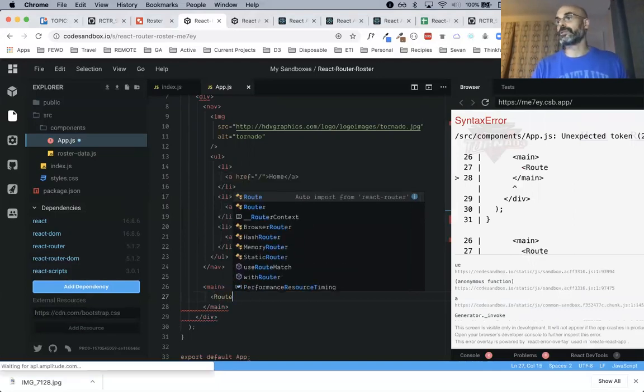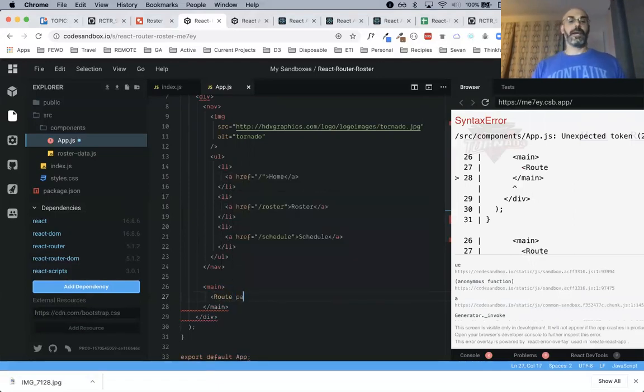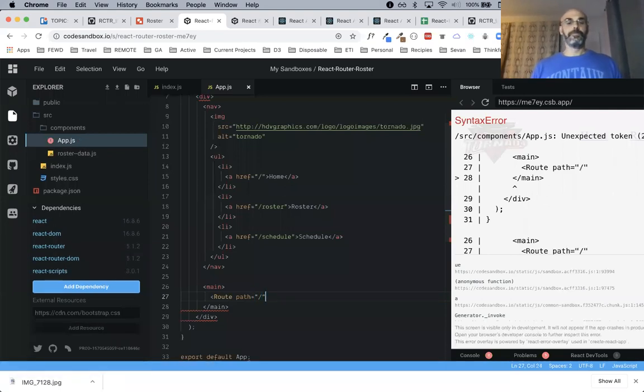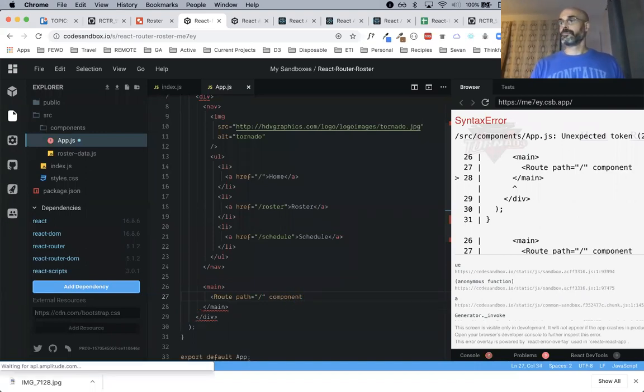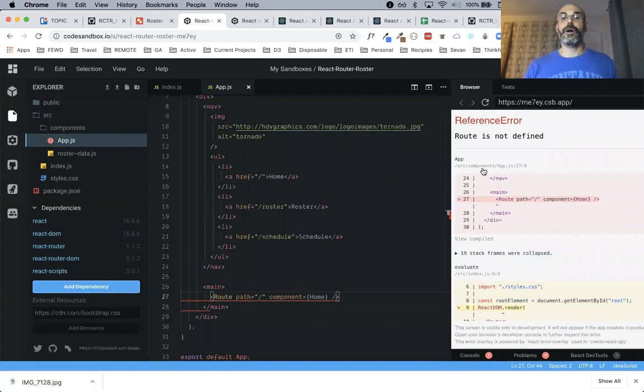If I go route and I say path is equal to, okay, and I'm just going to say component is equal to, I don't know, home. We're going to get all these errors, okay? Now the first error I'm going to get here, and this is what I want you to see, is route is not defined.